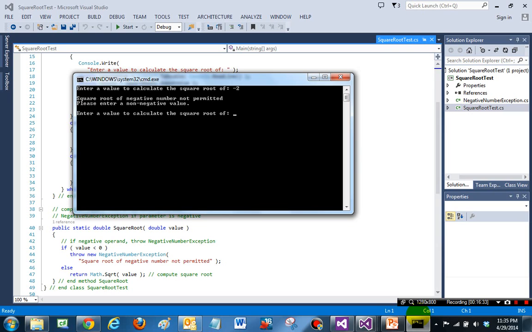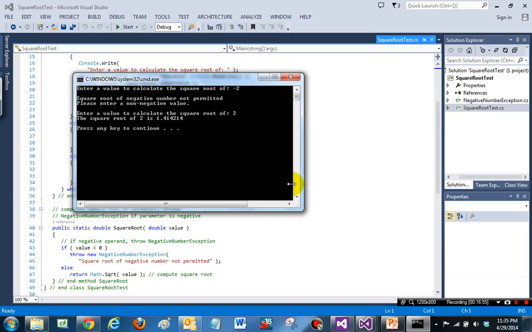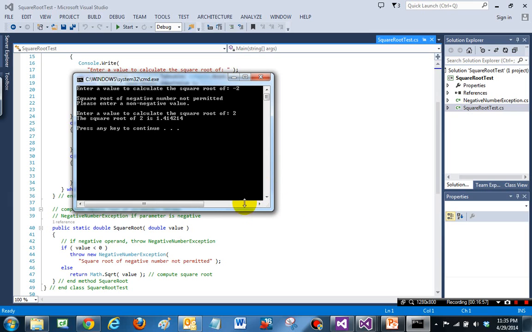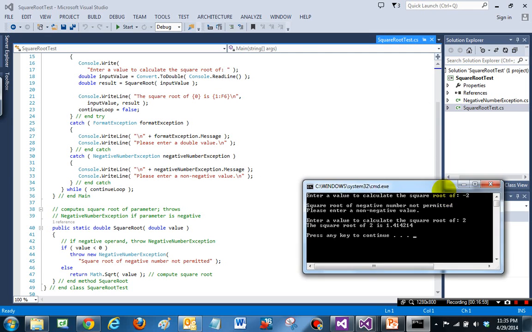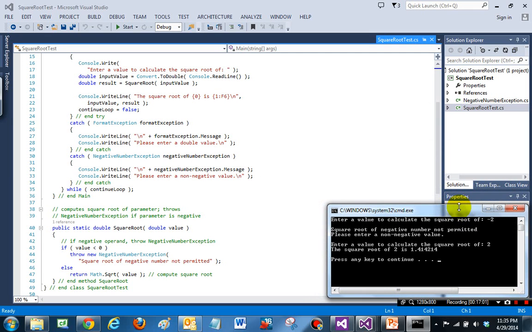The catch block as a way of exception handling outputs the message "please enter a non-negative value," and the loop loops back to the input again, and this time I can realize that I really wanted 2, not -2, and then the program correctly completes without crashing, of course, without a runtime error,